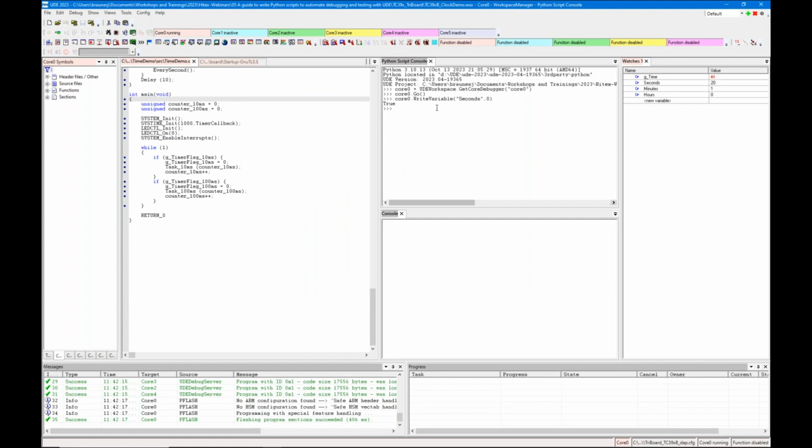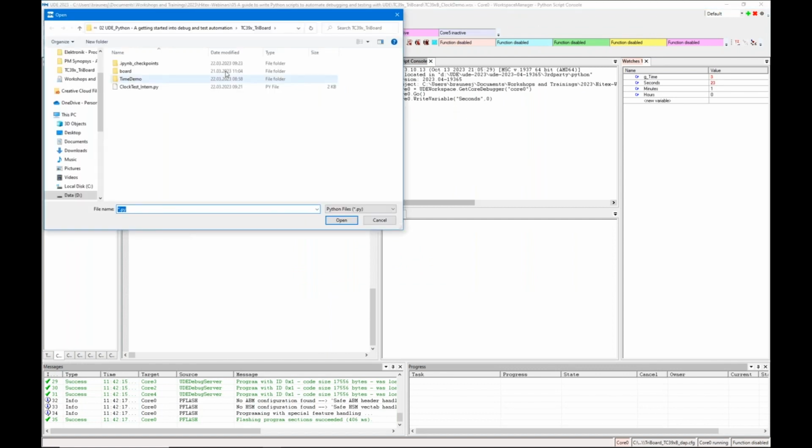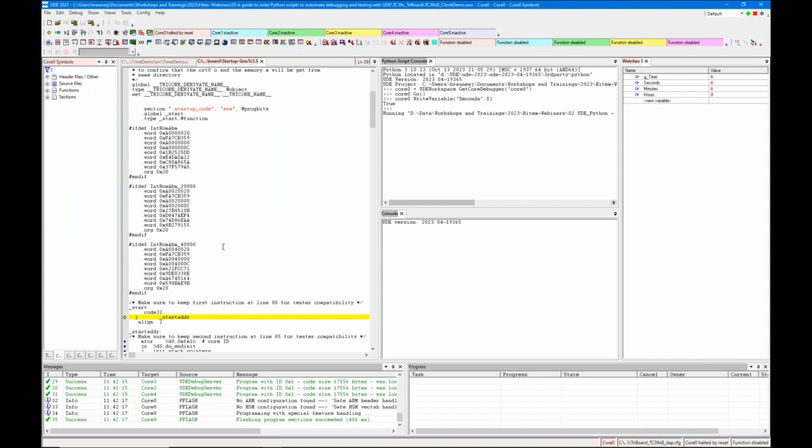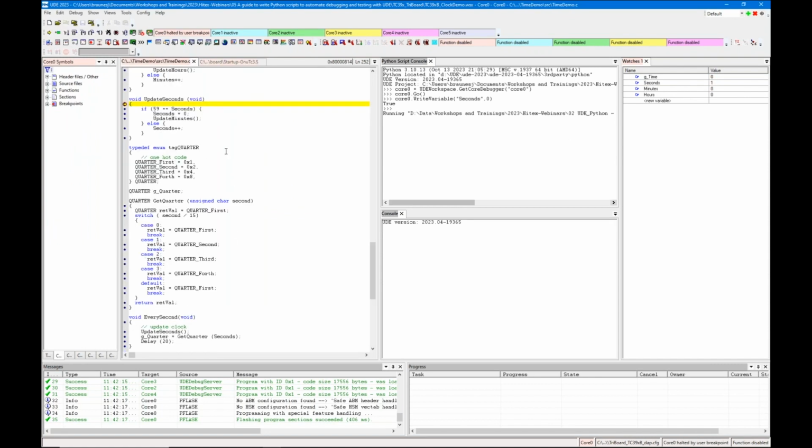And you can load this here and run this script. I have added some wait cycles here so that it's not too fast to see. So you see the outputs here in the console. The test has been passed, and then finally,